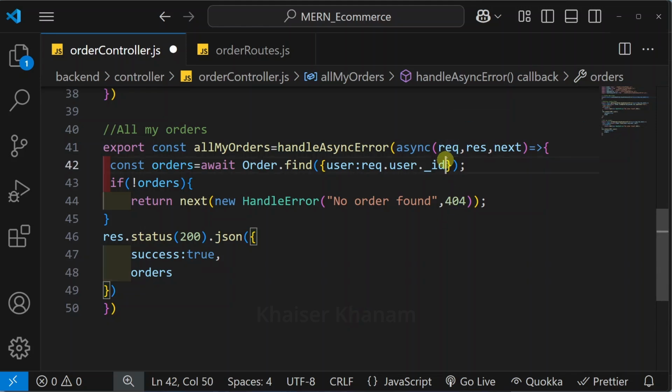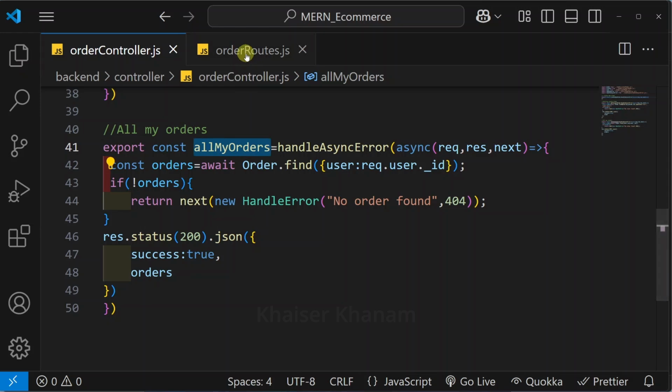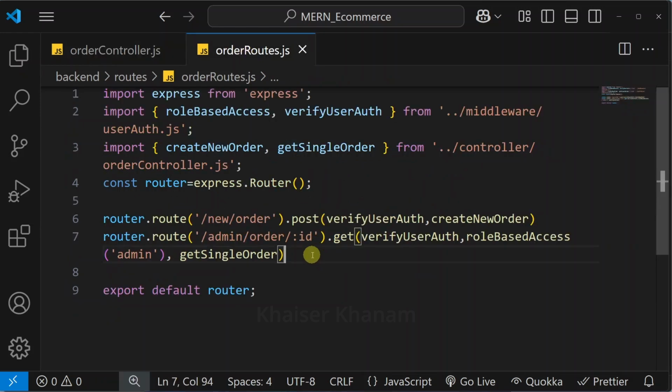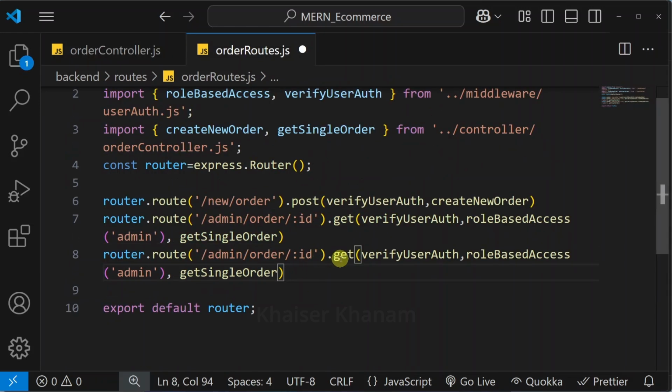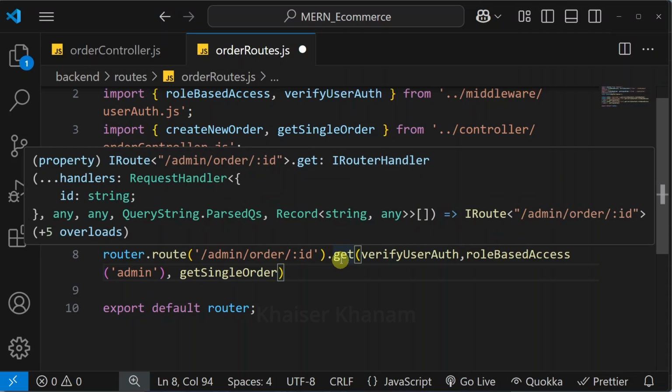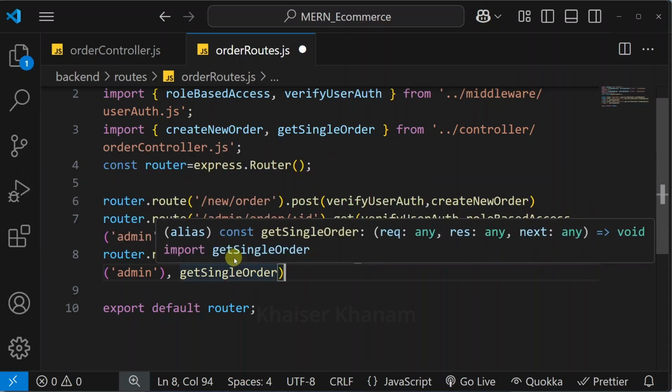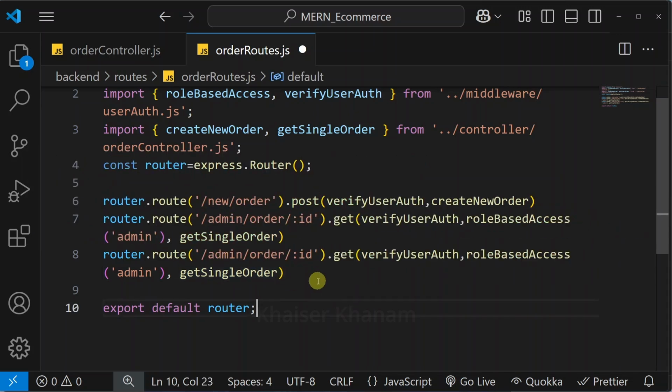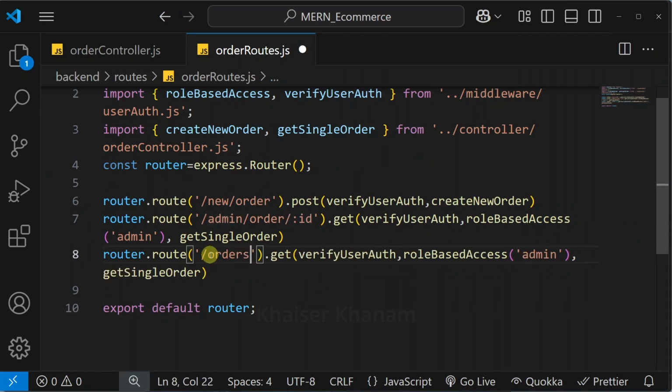Okay, whichever user is logged in, that ID we are assigning to user. If we are able to find that order, accordingly, we are going to send the response. I will copy, come to order routes, copy this same thing. Again, we are doing a get request, and inside this, I will be passing the route as orders user. Remove this. I will pass orders user,